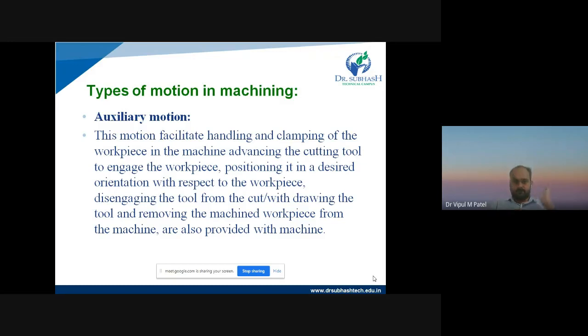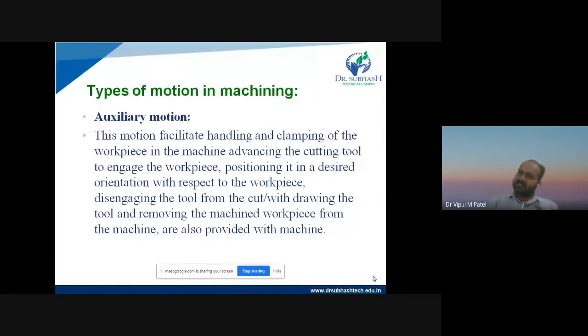If I want to cut the metal at the first end of the workpiece and I am setting the workpiece at the first end, then how can we remove the metal or material at the second end of the workpiece? So the place from where we have to remove metal or material from the workpiece, my workpiece has to be set at that very place. So that can be easily understood, right?